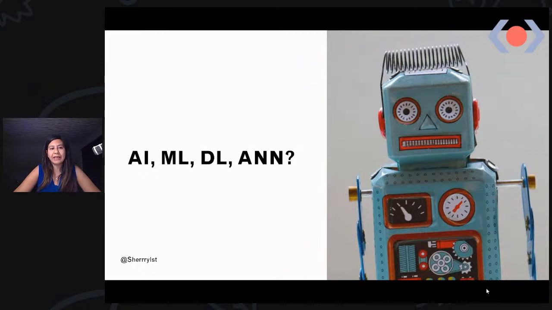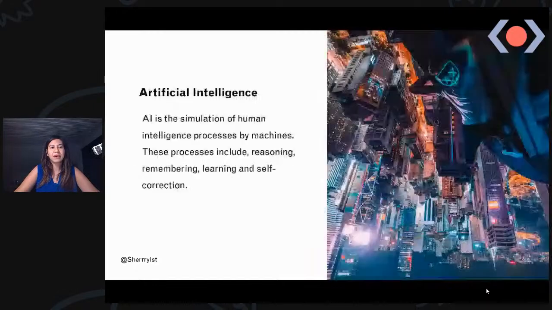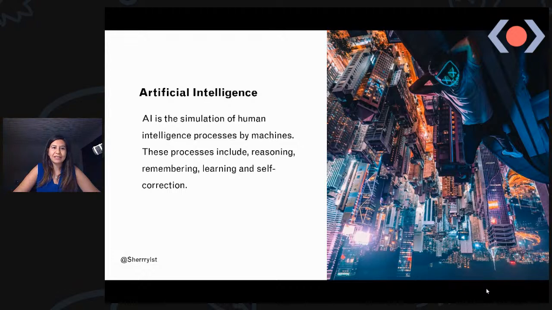I mentioned that I use machine learning techniques to do it, and I assume that some of you, like me, might come from a background of being a front-end developer. So I want to have a very quick overview of some of these terms. If you start with artificial intelligence, one of the common descriptions of it on the internet is that AI is a simulation of human intelligence processes by machines.